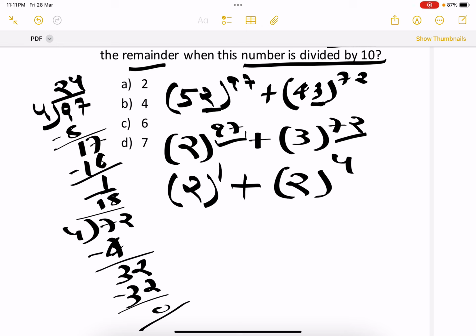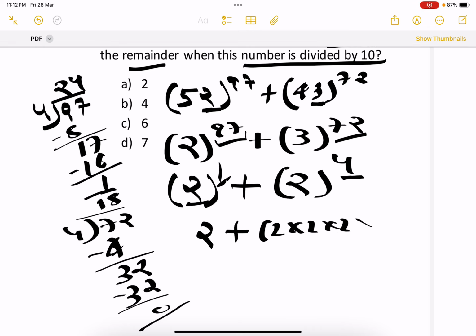आप उस पावर को 4 से डिवाइड कर दें, तो जो भी आपका रिमाइंडर आता है आप उस नंबर को वो वाली पावर दो. जैसे यहाँ पे हमारे पास रिमाइंडर आया 1, तो हमने 2 को 1 पावर दे दी. और अगर आपका रिमाइंडर 0 आ जाए तो आप कुछ ना करें, उस नंबर को पावर 4 दे दें फिर से. तो ये 2 to the power 1 is 2 plus 2 to the power 4 would be your 2